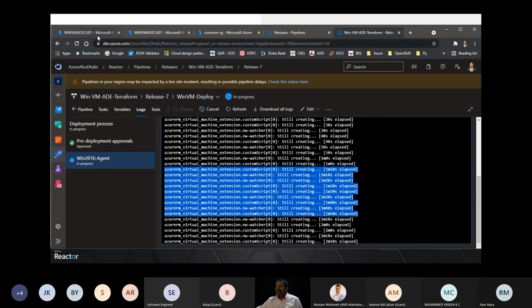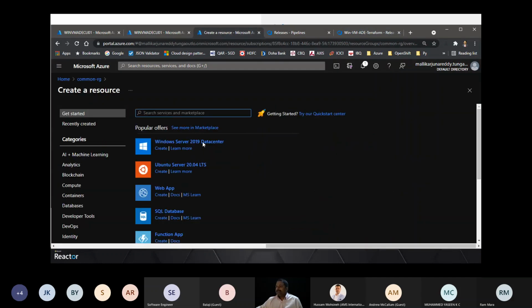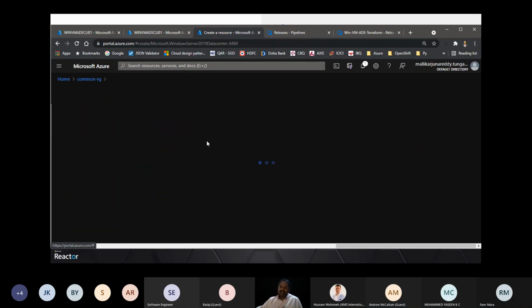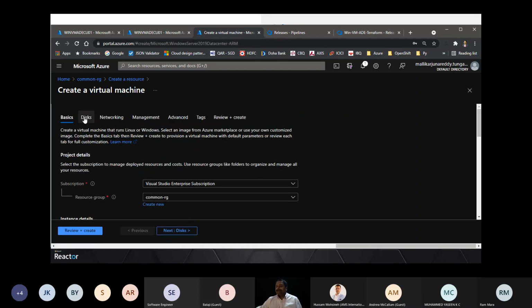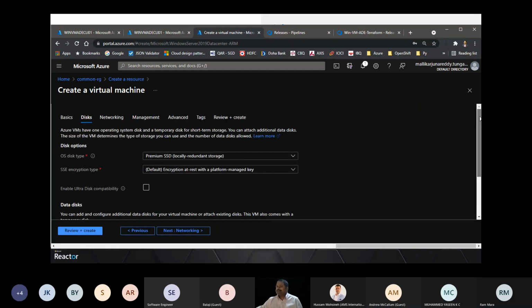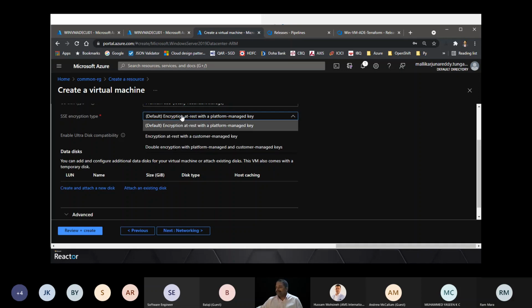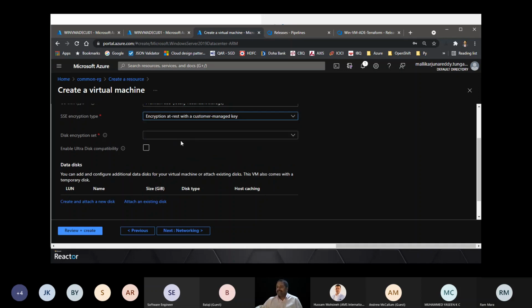Okay, this is running. There's a concept called disk encryption set. If you want to do server-side encryption with customer keys, then you can do that. Okay, here we are. If you see this now, what I'm trying to do is with the customer managed keys, and then you will see the disk encryption set here.